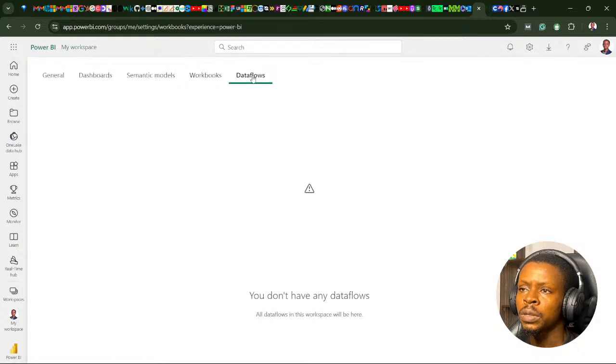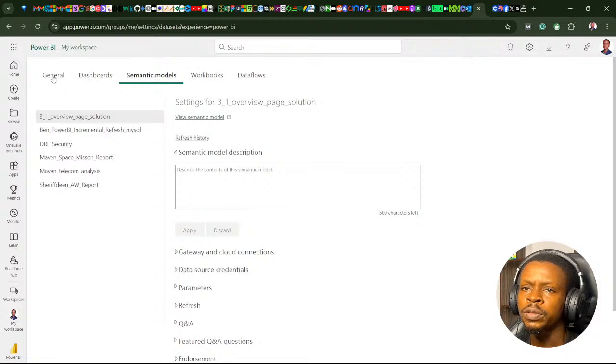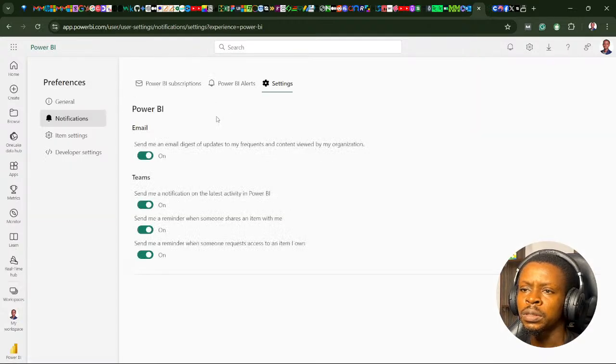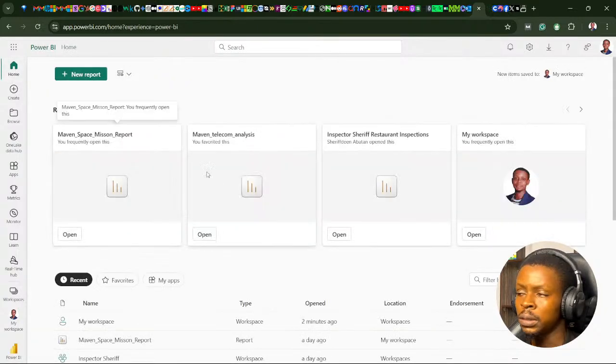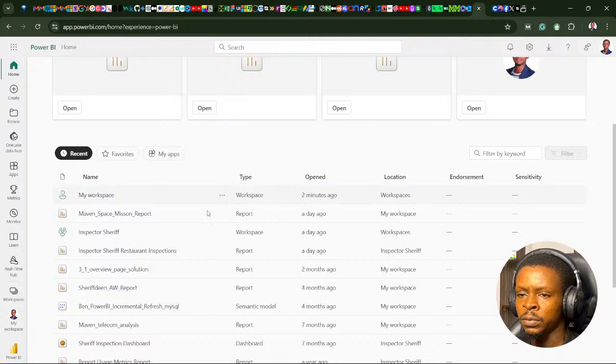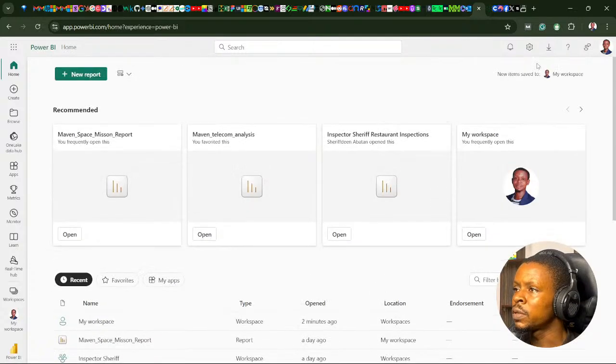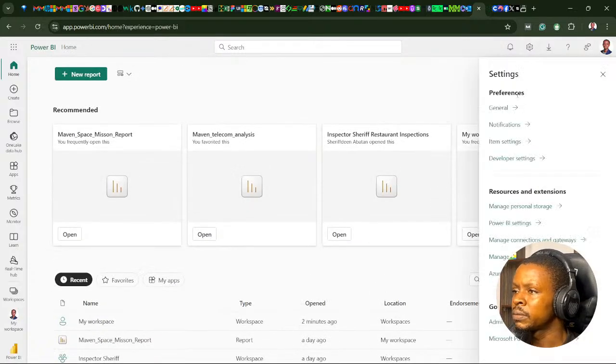Workbooks, data flows. So if I go to the general section, this is my general section here. The funny thing is that there has been an update, so that's what I'm saying, that there should be an update to the Power BI content on the DataCamp platform. What if I go to my settings here? General settings. If I go to the tenant setting,